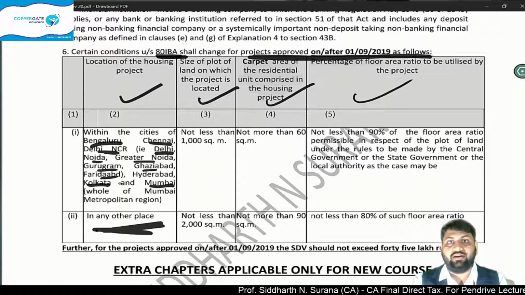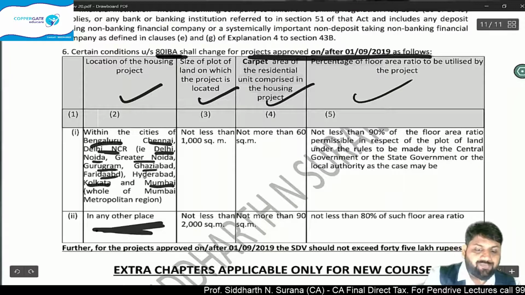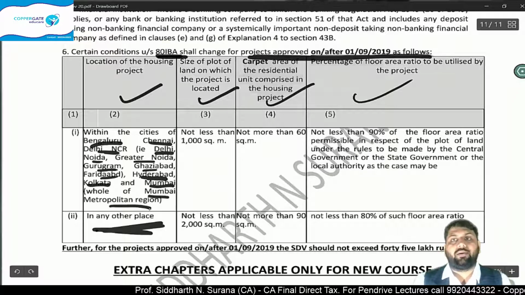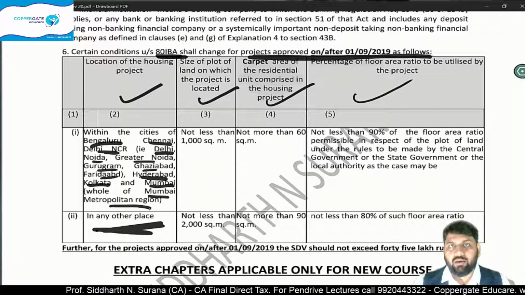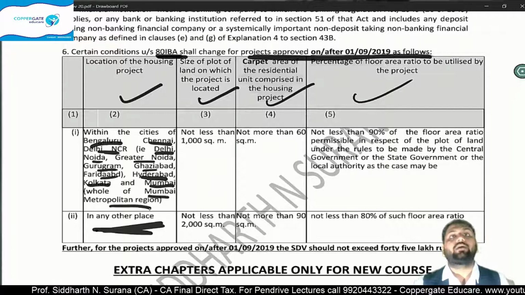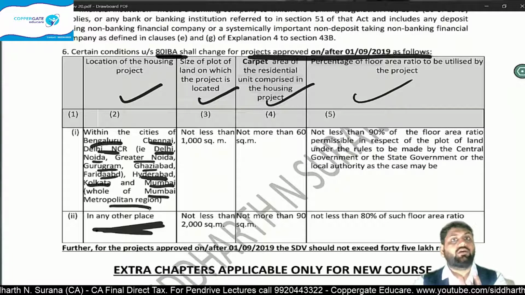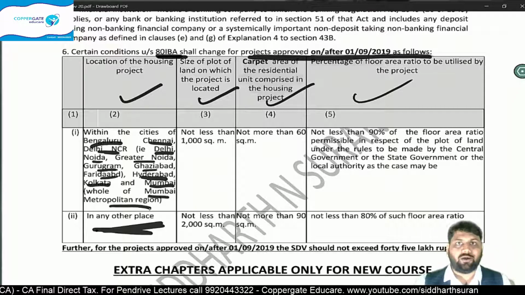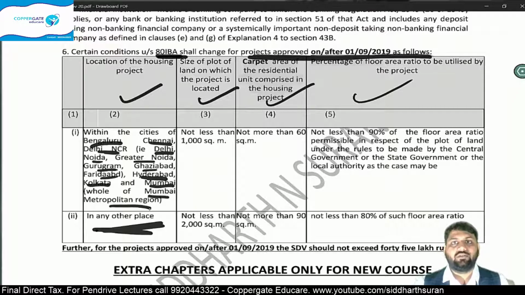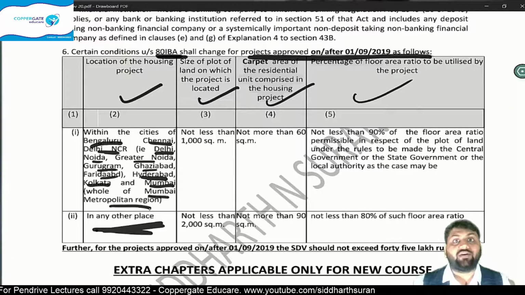So Bangalore is added, National Capital Region is added, Hyderabad is added, and in Mumbai also we will add the whole Mumbai Metropolitan Region. Mumbai also has some places immediately outside Mumbai, a place like Navi Mumbai, a place like Thane, a place like Mira Bhayandar. These places actually fall outside Mumbai. But there are people who do daily up and down to these places for work purposes. Mumbai local train goes up to these places. And thus, just like we are covering National Capital Region, we will also be